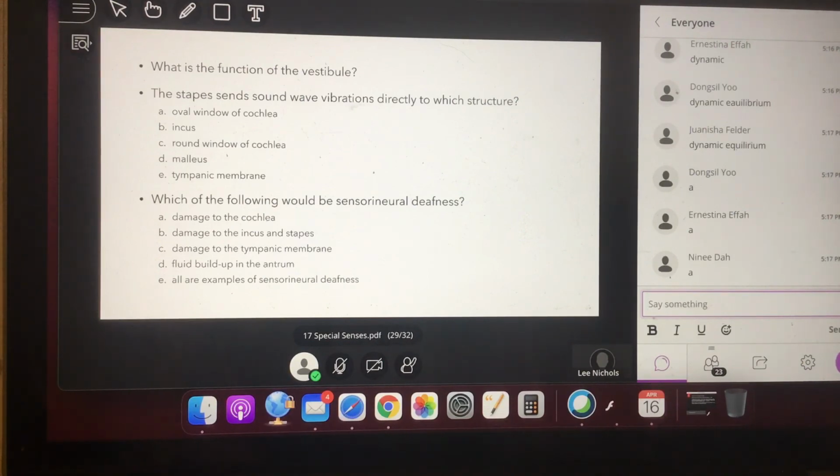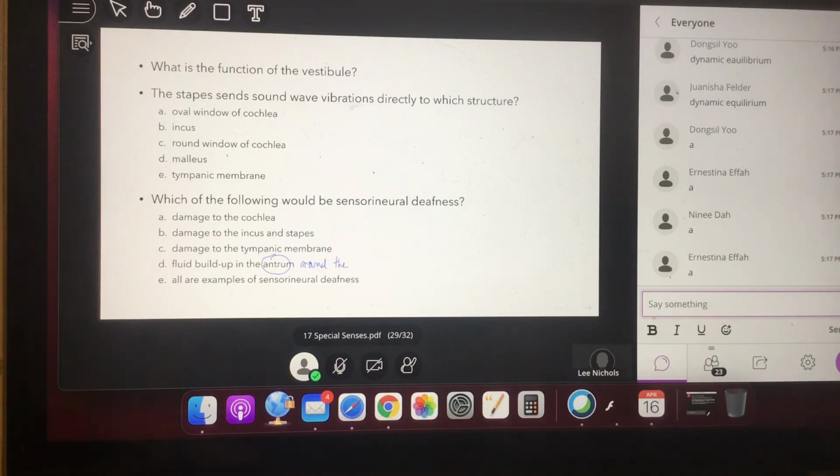Okay. Now how about which of the following would be classified as sensory neural deafness? Yeah, damage to anything else here. Anything else. There's another word I didn't mention. The antrum is the space around